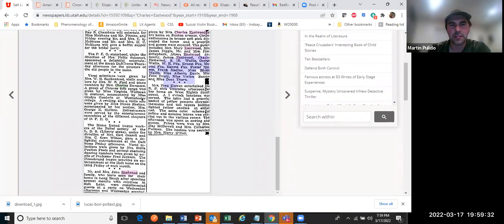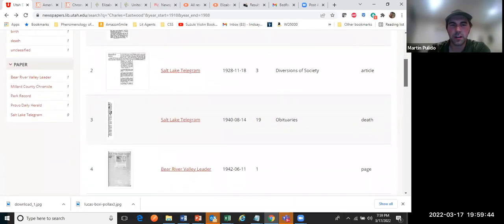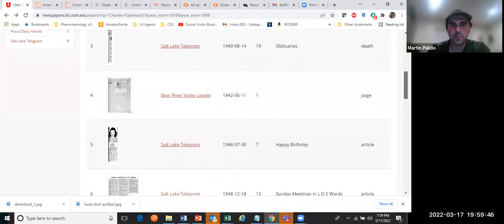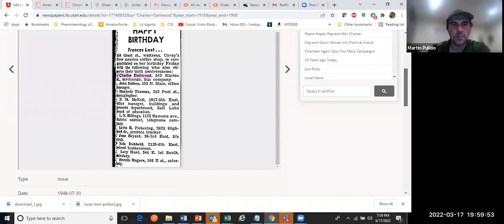But they did this, and oh, this is fun. A lot of my ancestors are noted here. Samuel Barry Wallace, who's a fisherman. So you can see that this Salt Lake article was helpful. It gave me some information about them. I got obituaries, birthdays. Interesting. Let's see what this is. It doesn't look like my ancestor, that's a woman, but we can see, oh, also an anniversary for Charles Eastwood. Look at that. That's kind of cool.